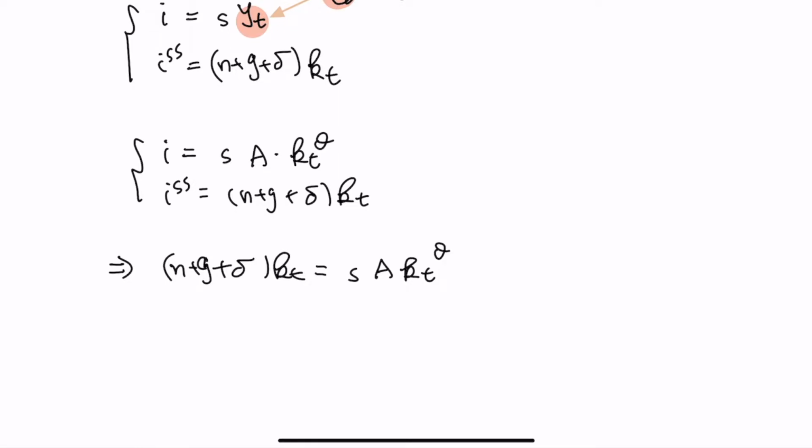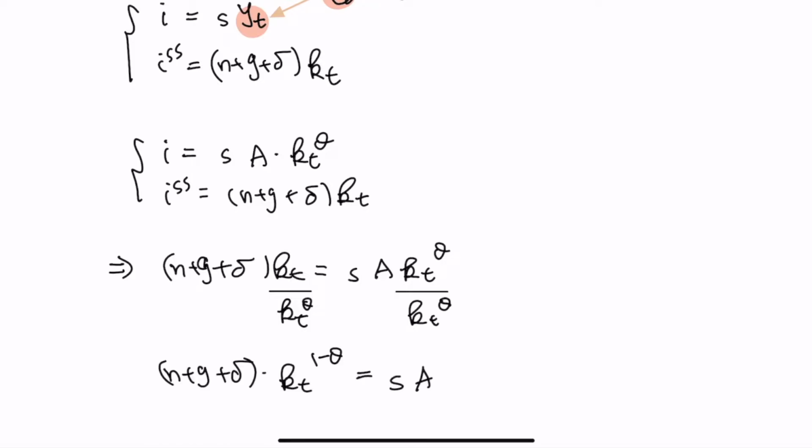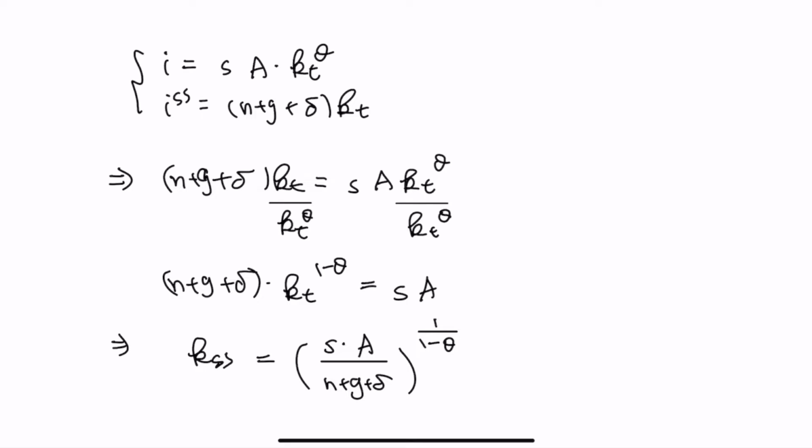So we combine these two equations, we are going to have this equation in here, and then we can divide both sides of the equation by K_t^θ, and then what is left is (n + g + δ) multiplied by K_t^(1−θ) equals sA. Therefore, we can continue to solve for it, and then we are going to get the value of the K steady state under our new version of the Solow model with population growth and technological growth, which equals (sA divided by (n + g + δ))